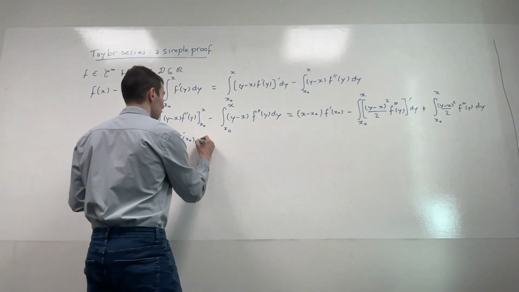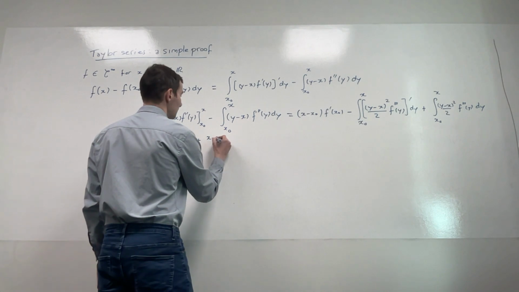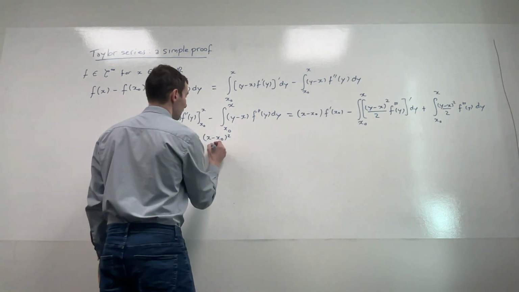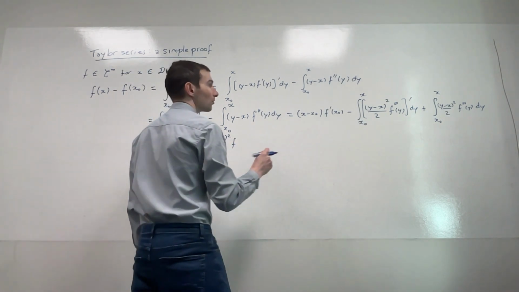So here we've got plus, and the non-zero term is going to be x minus x0 squared divided by 2, and then the